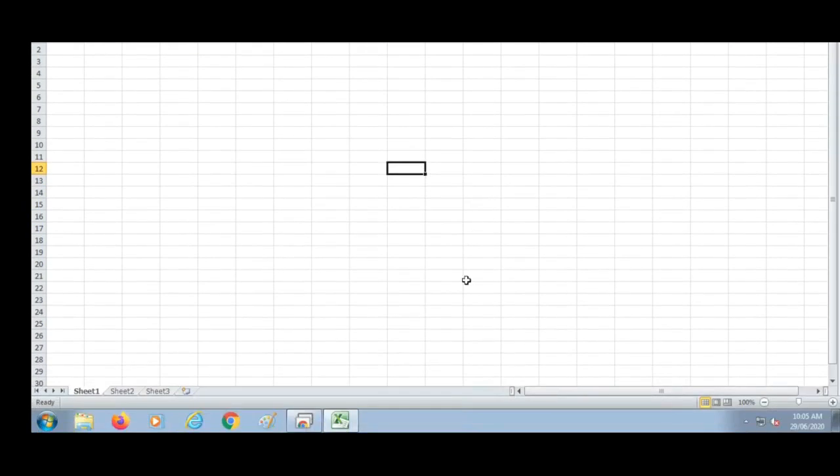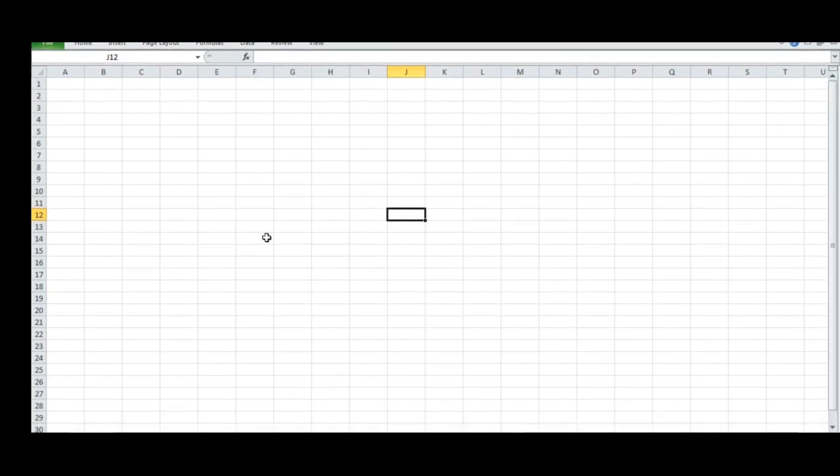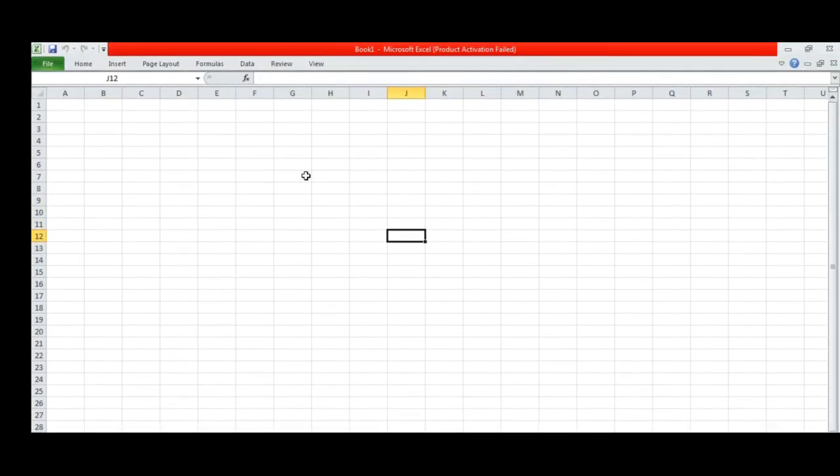Then at the top, you see the alphabets A, B, C, D, E, F, G. These are called columns, and these 1, 2, 3, 4, 5, 6 are called rows. When you click on a specific cell, each and every active cell has an address.